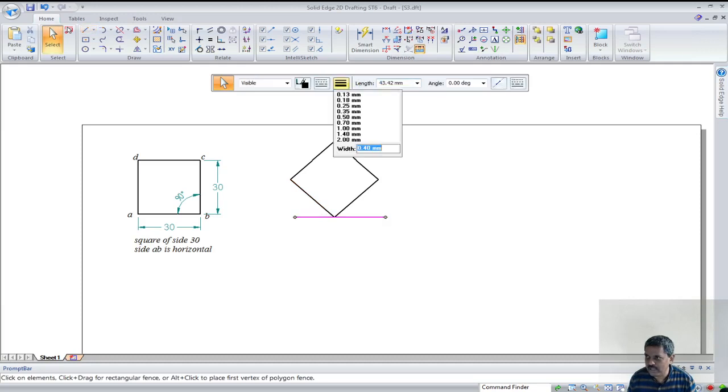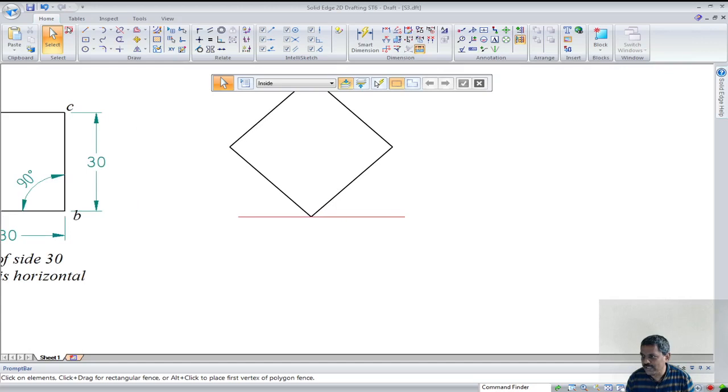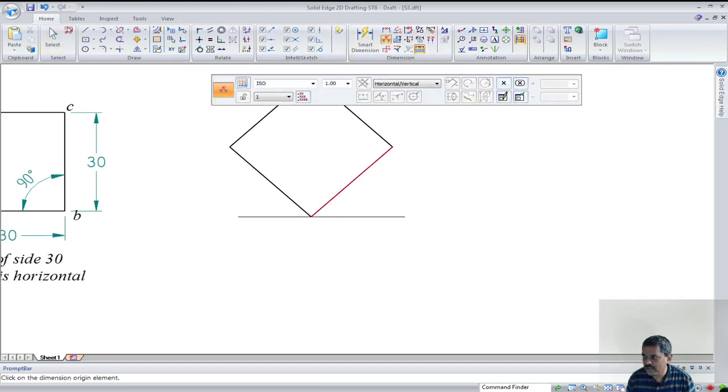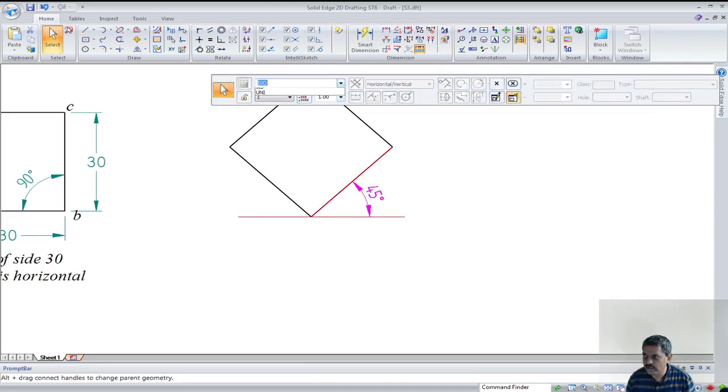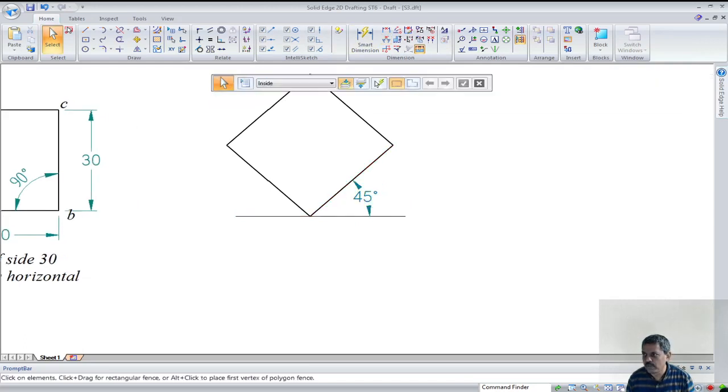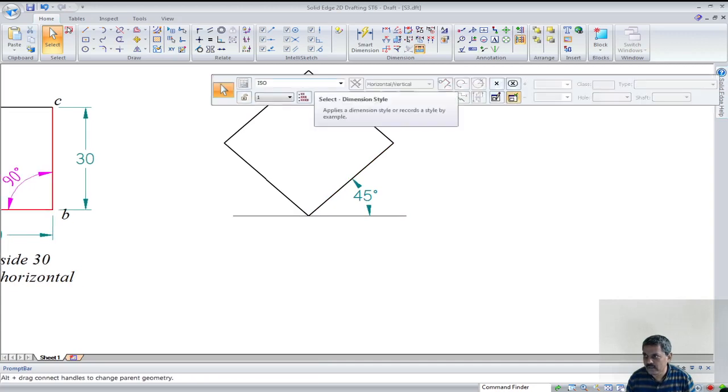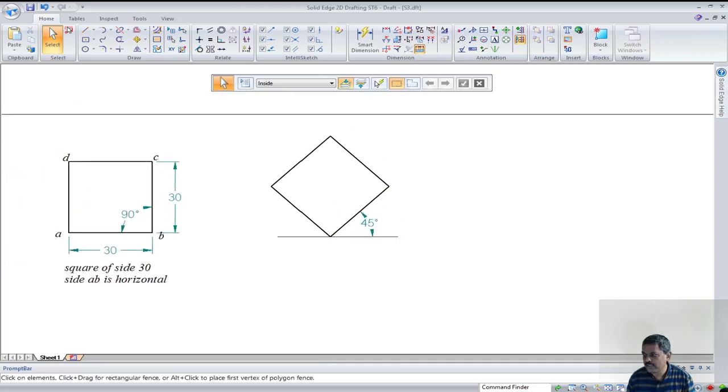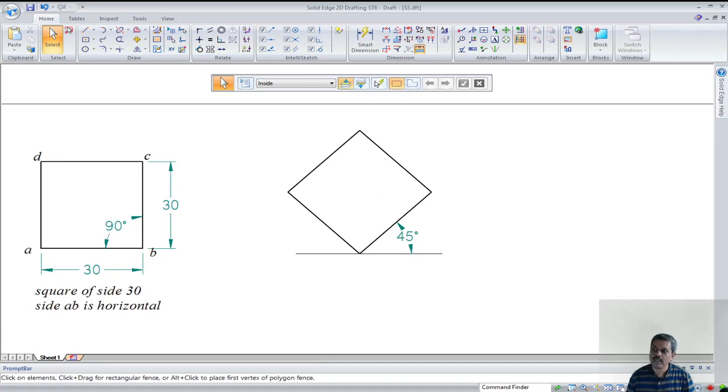The angle between one of the edges, we can say that this is 45. So by default, we have to pick up what is called ANSI mm. So can you see this? This is wonderful.